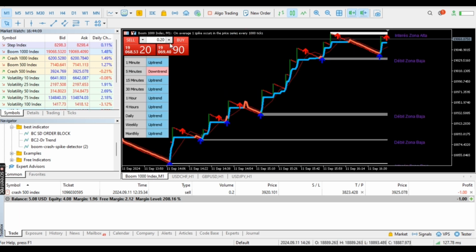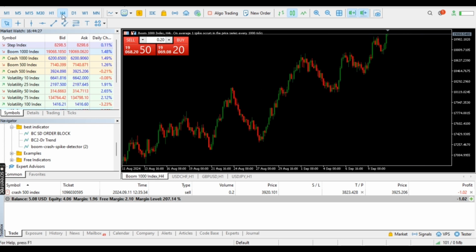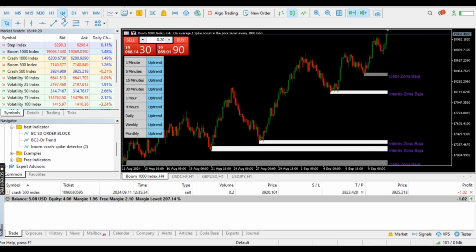You could see that at every spike, the arrow was there before every single spike. Now the arrow, most times, doesn't just come and stay. It can just come by giving you a signal, and then you know that